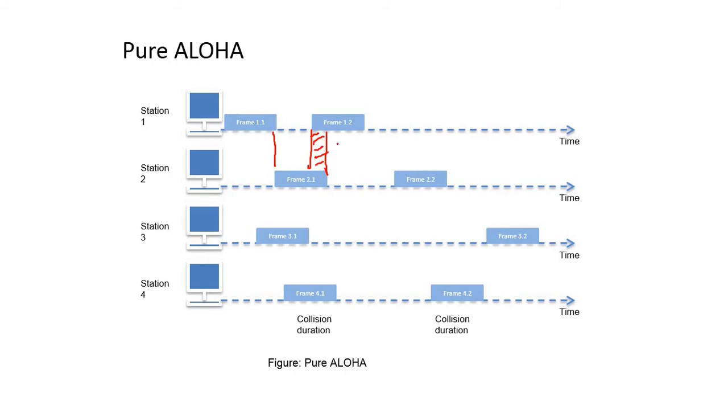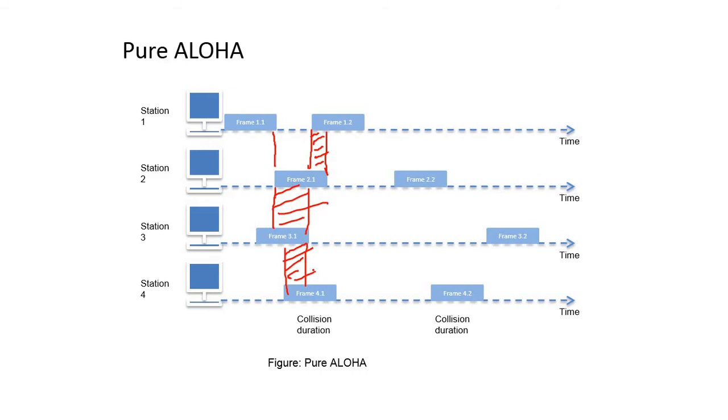So it will generate a collision. Same thing, station 2 is transmitting at this point, and again station 3 is transmitting here. So it will be the collision between station 2 and station 3. Same thing here, that is the collision during this time slot. So there is no limitation, no policies to handle this type of collision. So that is pure Aloha.